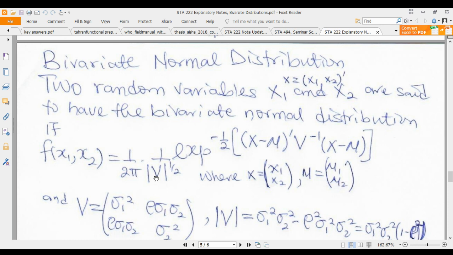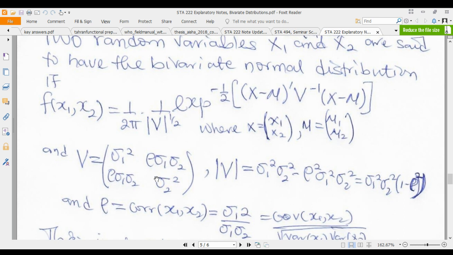The diagonals of that 2 by 2 matrix contain the variance of x1 and the variance of x2 respectively, and the off-diagonals are the covariance of x1 and x2. The off-diagonal terms are equal, and they represent the covariance of x1 and x2,